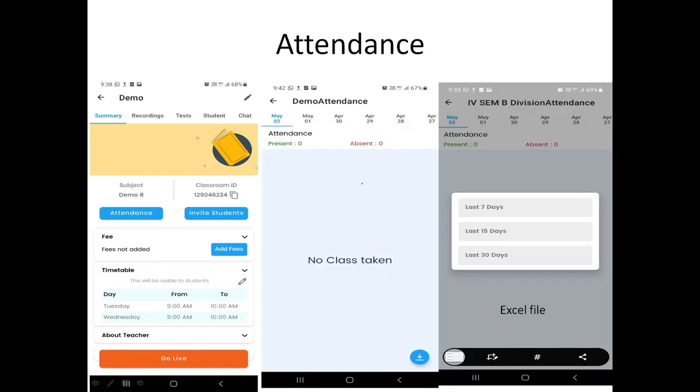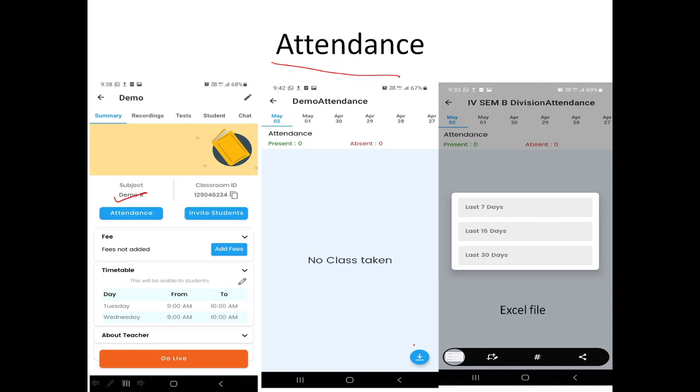Next, to get the attendance, you just go back to your class, double click over here, then click on this attendance tab. It's going to give you the attendance list here. Now we have days here: May 02, May 01, April 30, April 29, 28, 27.